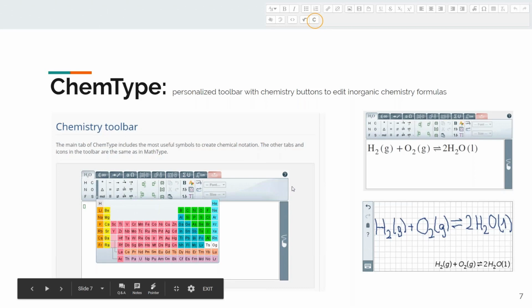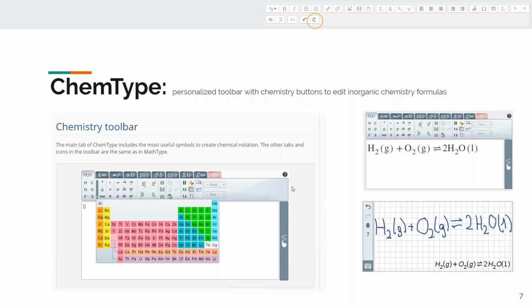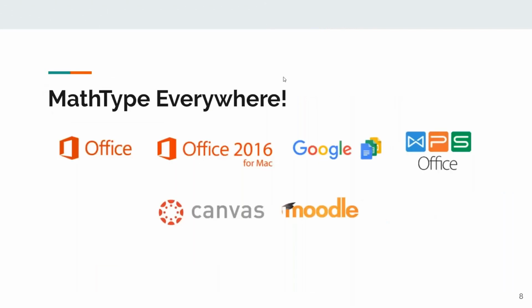So with the joining of these two, chemistry will also be on the menu. Not just math, but also chemical equations and chemical notation is something that we're going to bring to MathType users. Although what's probably going to happen is that this is a completely different tool called ChemType. So we have MathType for math and ChemType for chemical formulas. And then, yeah, this is just a short little